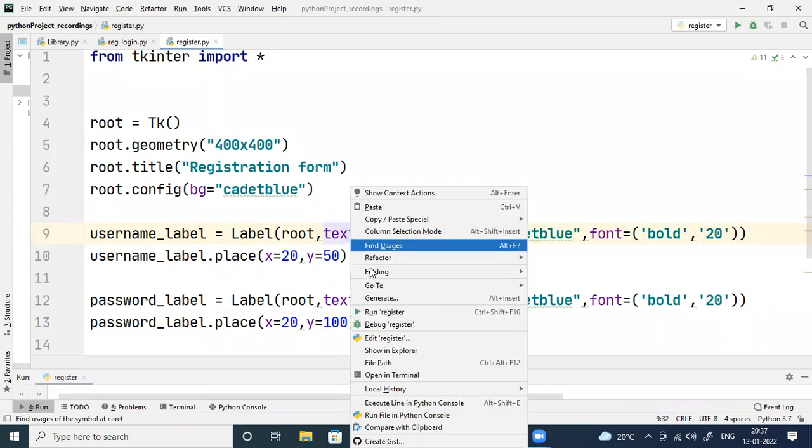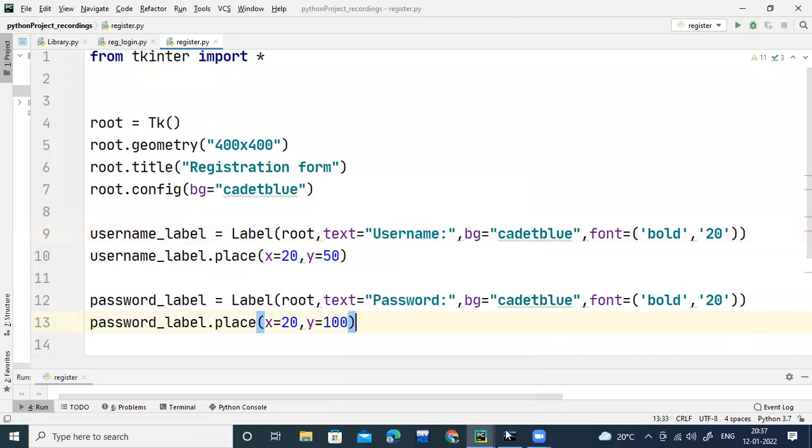So if you right click and run, okay, so I was saying x-axis should be 20 and y should be 100.